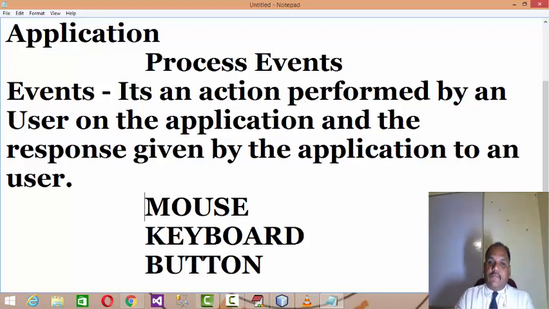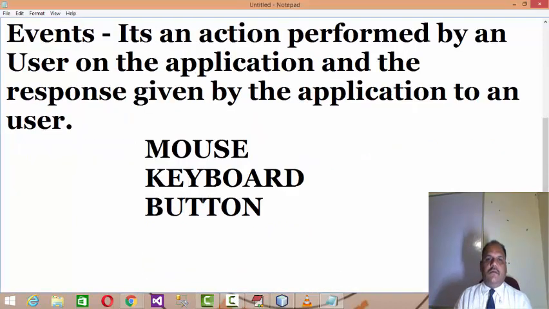So on the action performed by the user by using mouse, keyboard or any button, what response is given by the application, that is entirely called an event, and the process is called event handling. Hope you understand it, right?